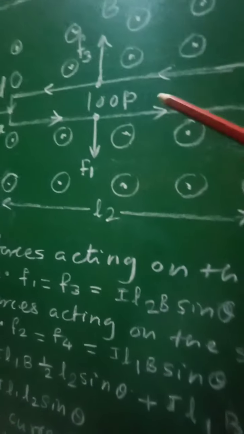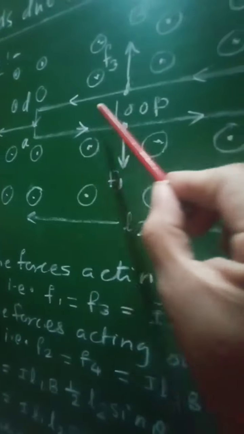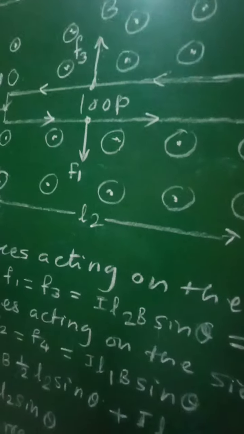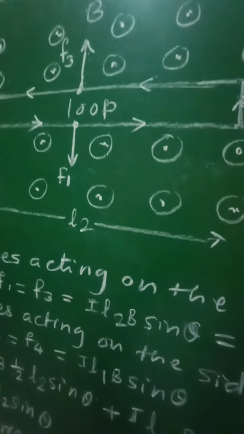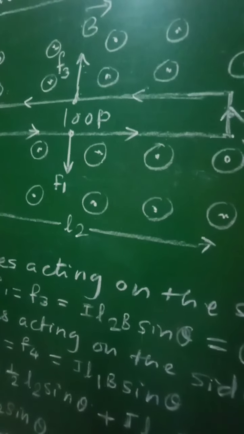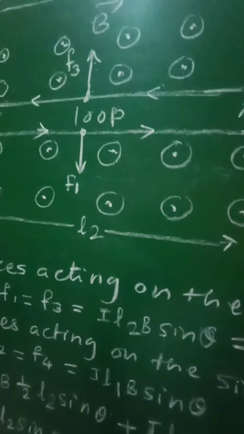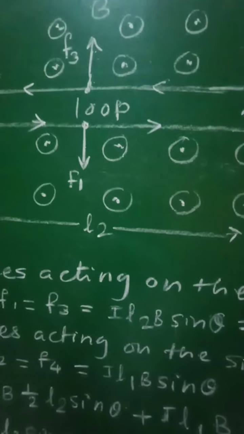Now let us consider first this side CD, the upper side. The direction of the force will be given by the right hand rule, in which the pointing finger indicates the direction of current, the middle finger indicates the direction of magnetic field,